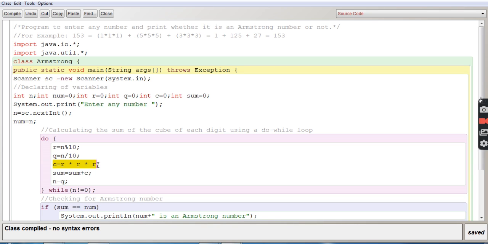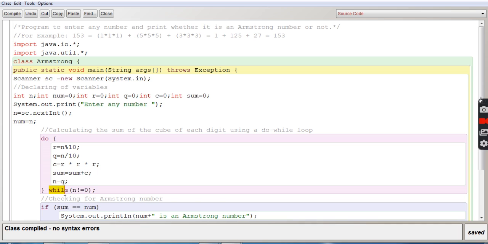See the example on the top, it is 1, c is 1, that c, 1, will be added to sum. So sum was 152 last time, plus 1 is 153. So sum becomes 153. Now n is equal to q, quotient. We got the quotient 0 by dividing 1 by 10. So that 0 will be given to n. So n will be initialized with 0.